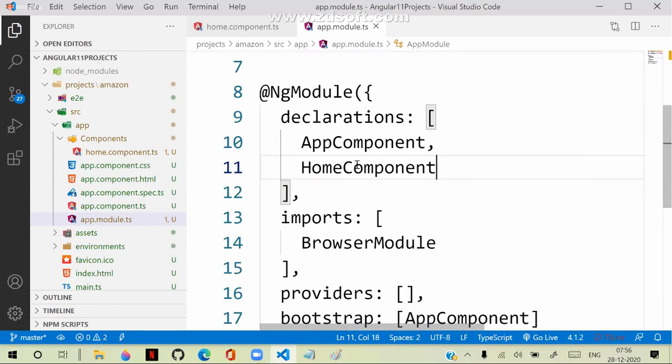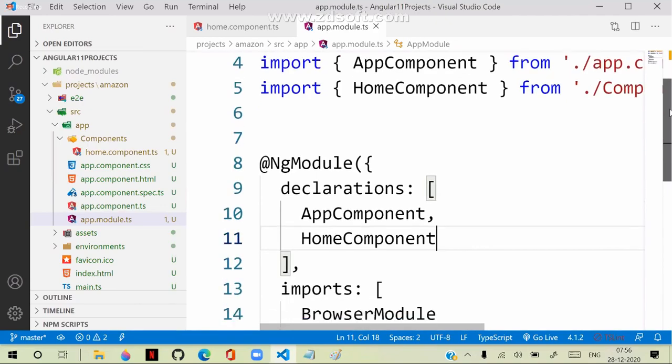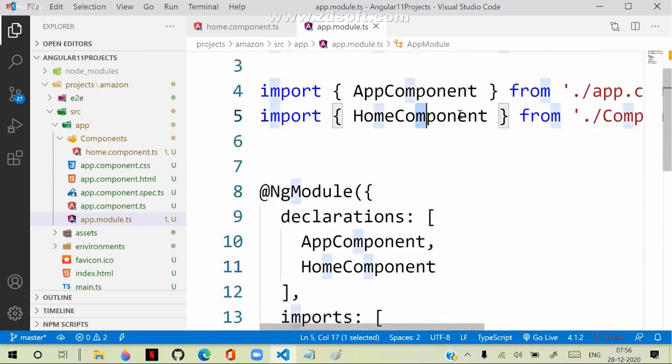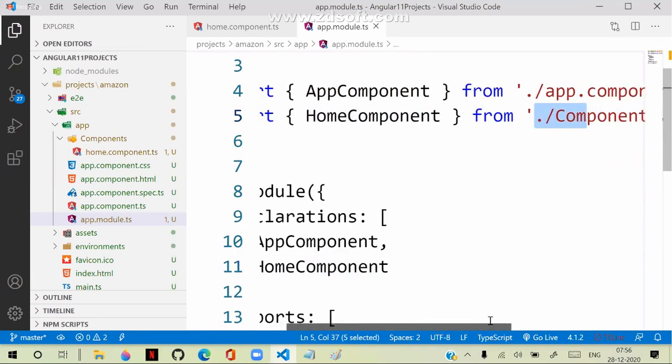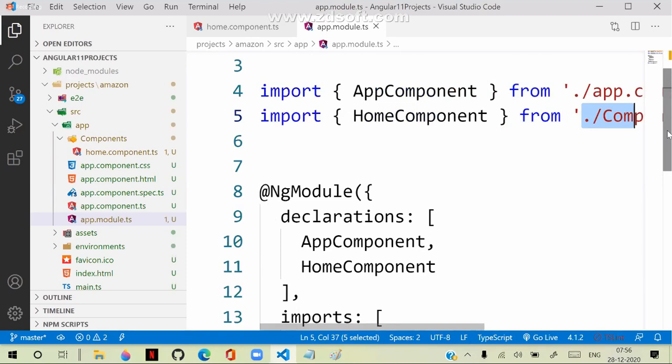But the advantage is, if you directly type the home component, it will import everything for you. It will write everything. But remember, when you are importing the component, make sure that the path that you defined is correct. Because sometimes when people design components, they directly design a component. They will not organize in separate folders. Then dot slash, dot dot slash, dot dot slash, dot dot slash, like that. The technique of accessing the files from another folder is very important. If you miss it, you cannot access that file correctly. Yeah? So this is ready.